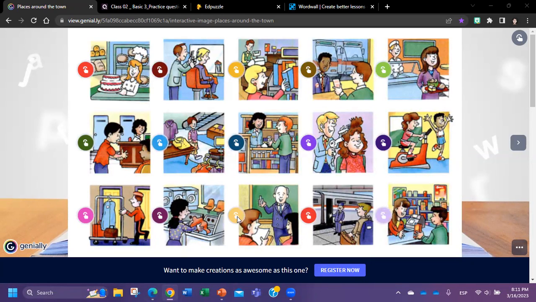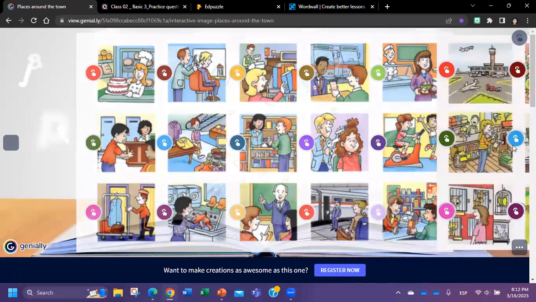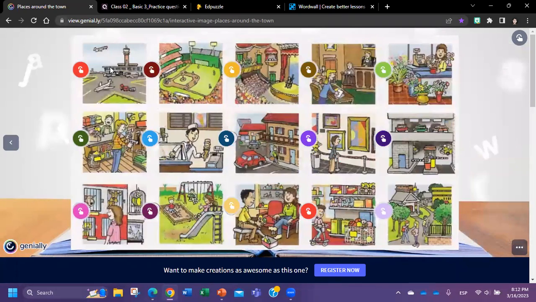Okay, what about the next one? School. Okay, nice. Next one, train station. Perfect. And the last one. Market. Okay, it could be a market, but actually a video store. Yeah, I know it's very hard to see, but yeah, it's a video store. All right, let's continue. What about here? We have many airplanes there. Airport. Excellent. Next one.